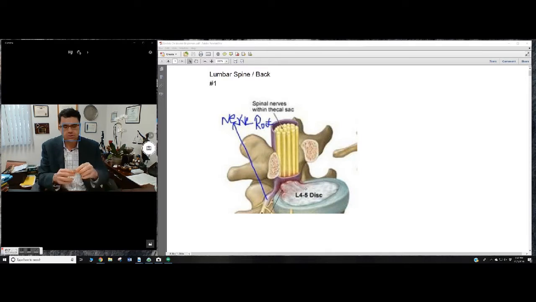Now, these discs in your spine, they have liquid or jelly inside. And because of, let's say, a trauma, like a car accident, that liquid or jelly could then break through all of the walls in the disc and start leaking outside the disc. And you could see that happening right here, where the L4, L5 disc is leaking, and it's leaking into and then touching some of the nerve roots behind it. And this is an example of a herniation right here, where you could see that it's bulging out and then it's leaking out. And looking at it on another spine model, you could see it looks something like this,